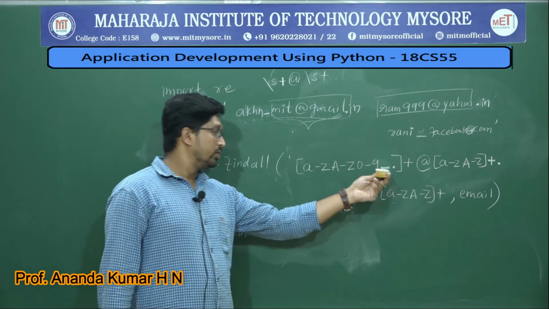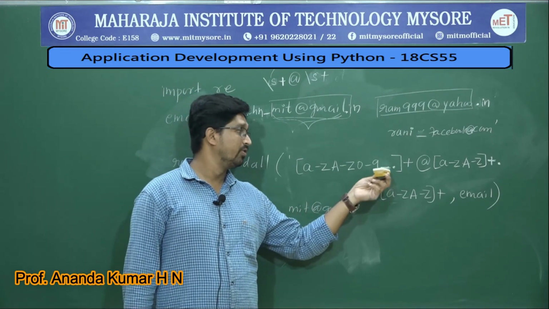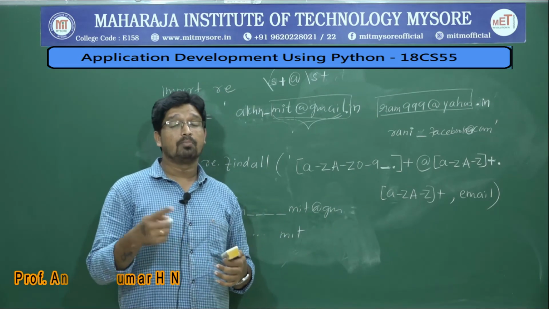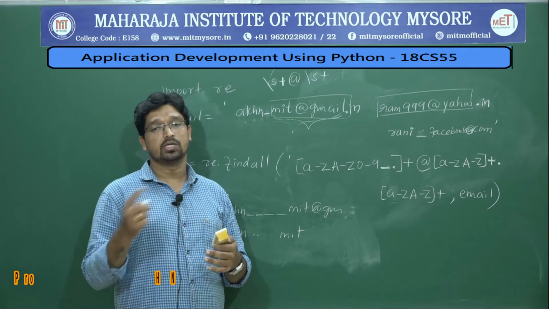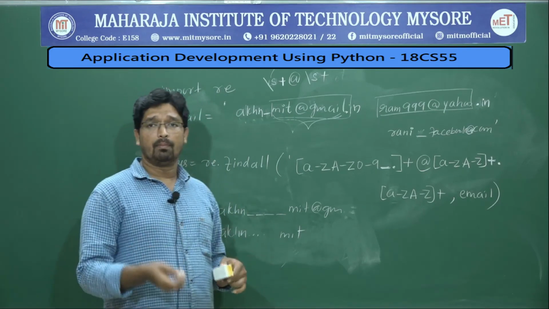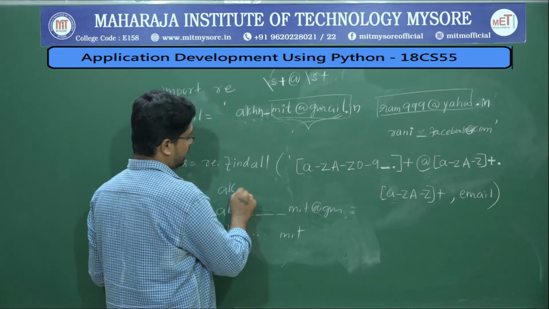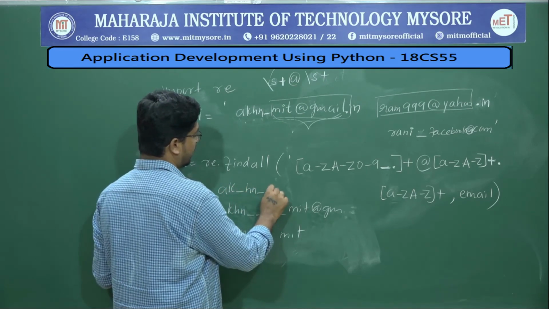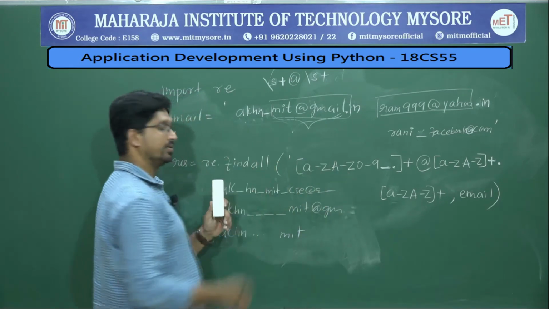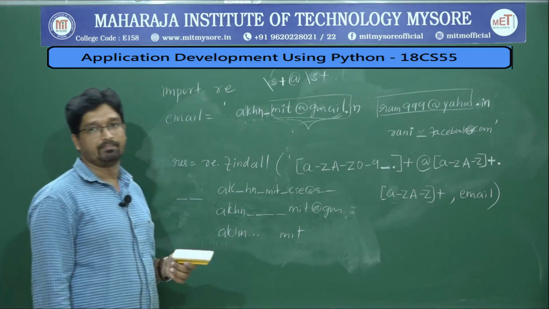You need to avoid repetition of underscore. Just think about how you can avoid multiple sequential underscores or sequential dots. You can have many underscores, even that is possible. Let us say ak underscore hn underscore MIT underscore CSC at gmail, even this is a valid email ID, but you cannot have two underscores at a time.